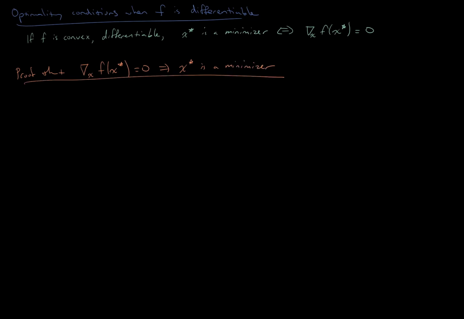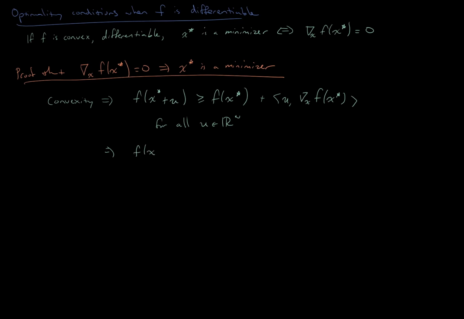So convexity, you will recall from our first order characterization, is equivalent to saying that f of x star plus u is greater than or equal to f of x star plus the inner product with u and the gradient of f evaluated at x star for all u in Rn. So this is just an elementary fact from convexity, but we immediately see that if the gradient is actually equal to 0, well, then this inequality just reduces to saying that f of x star plus u is greater than or equal to f of x star for all u in Rn, which is exactly what it means for x star to be a